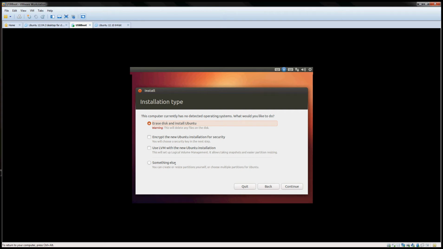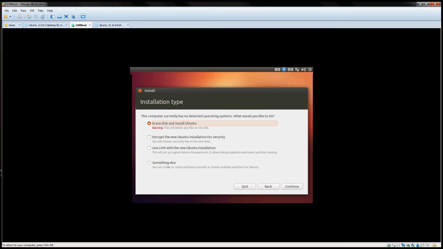And the something else is repartitioning for expert users that know what they're doing, or if you have a machine that you're installing this on and you want to do this manually. You don't need this option if you use Wubi on the flash disk to install, because Wubi can be launched from inside Windows, and it'll actually install Ubuntu